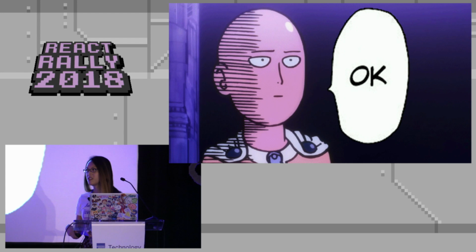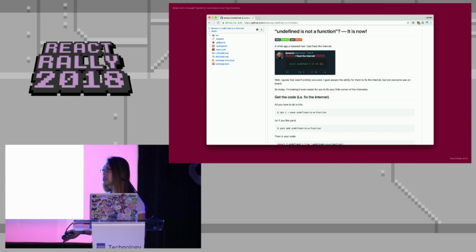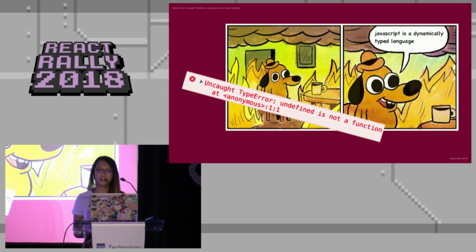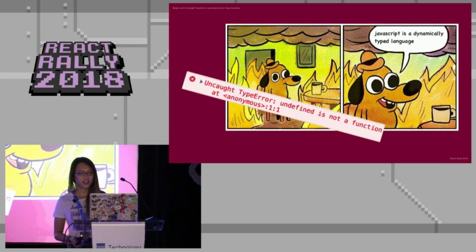Like, I don't want to have to wait to run this code manually in the browser to find these bugs, or have to write a million unit tests because I'm really lazy. And this is only a simple function, like dividing by 2. So in JavaScript, your first instinct might be to start adding checks for null or undefined, or even to define undefined as a function. But you end up having very defensive code, and you're checking argument types in your functions, which are, again, only checked at runtime. So you're shipping more code to the browser, which is fine, I guess. But I know it's really frustrating not being able to catch these simple bugs before you ship them into production.